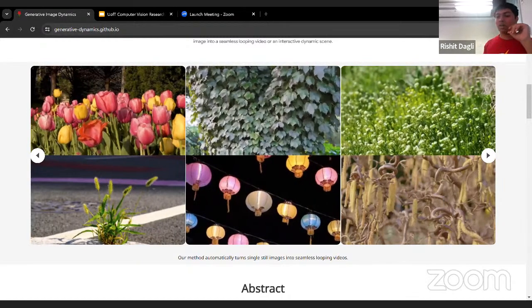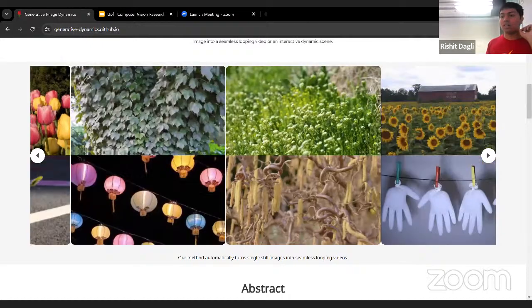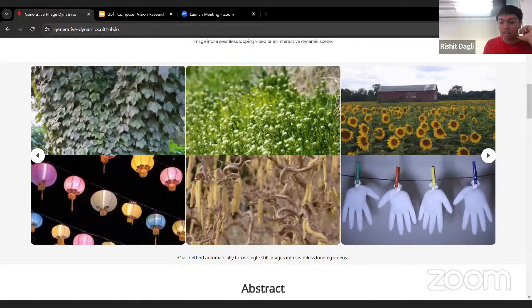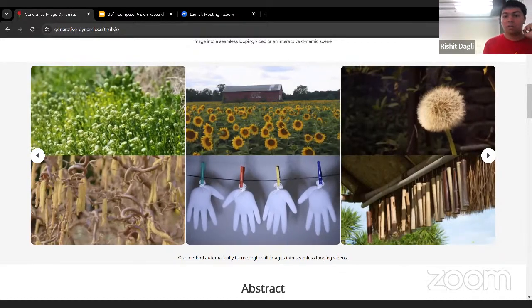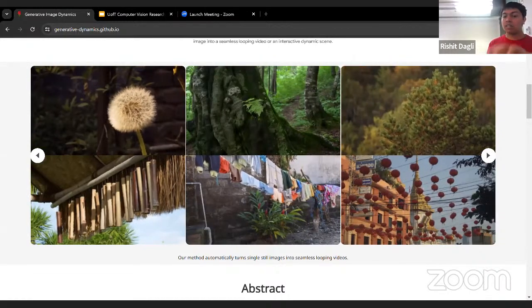So I guess that's how most of the popular methods used to work, and they do something really different, which is generate dense motion fields and directly render videos from it. There's no generation process happening after getting these dense motion maps.